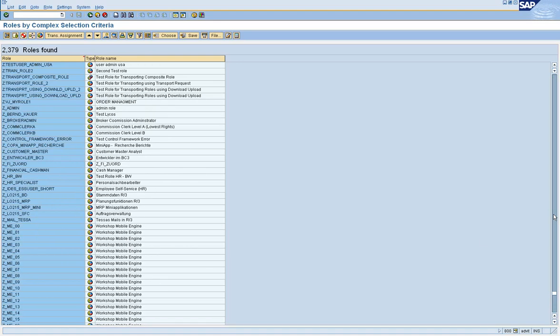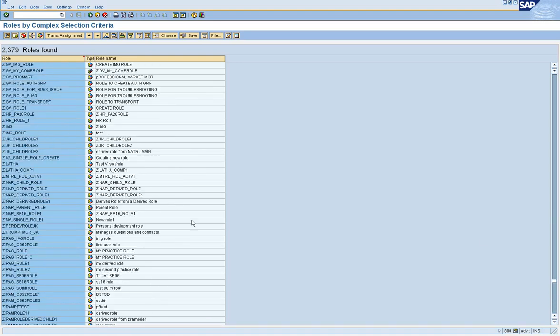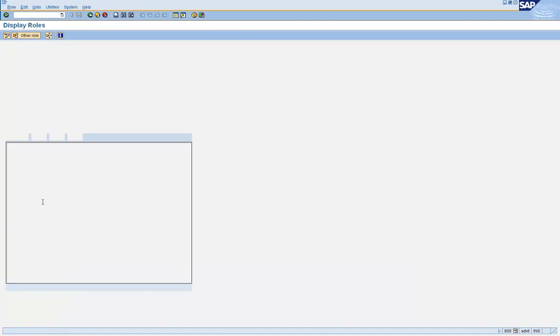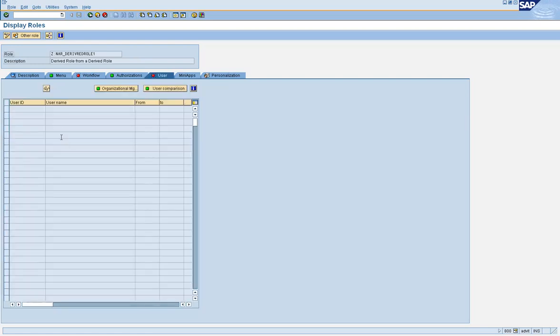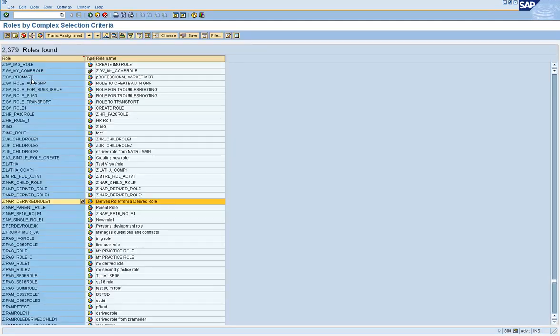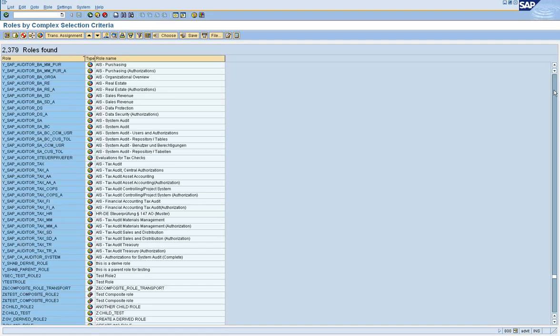So if you double click on any of these roles, go to the user tab, no user ID there. See, if there were user IDs here, this would not be red. This would either be green or yellow. Okay. So let's take another example randomly.